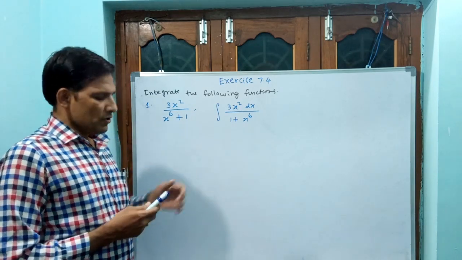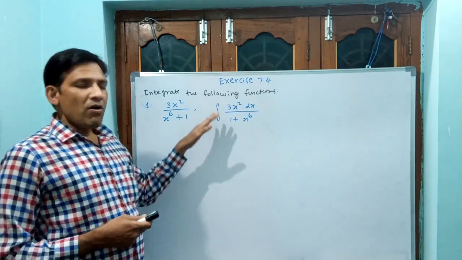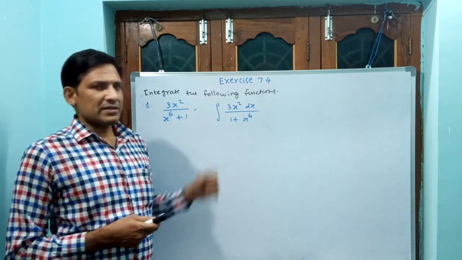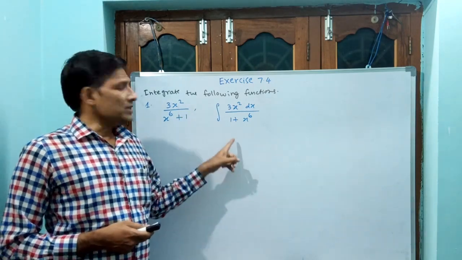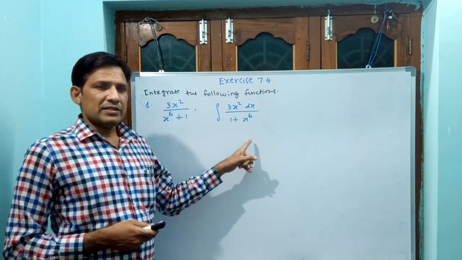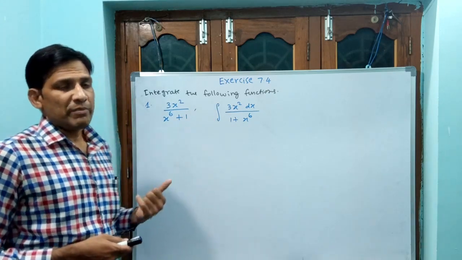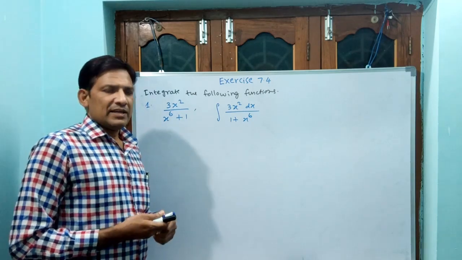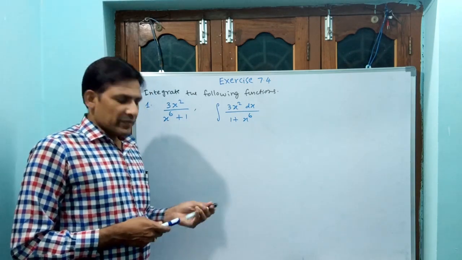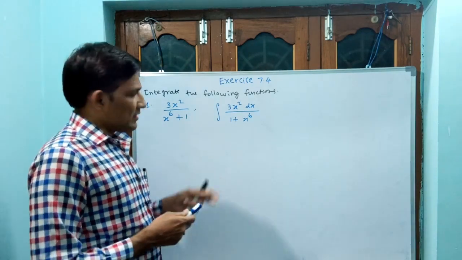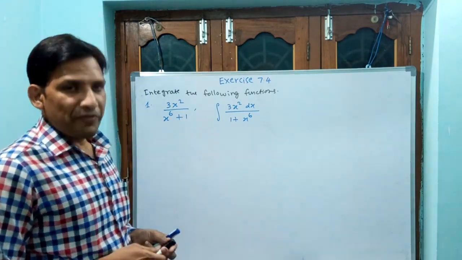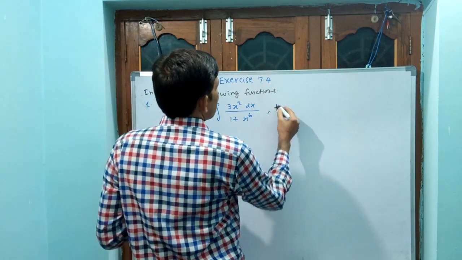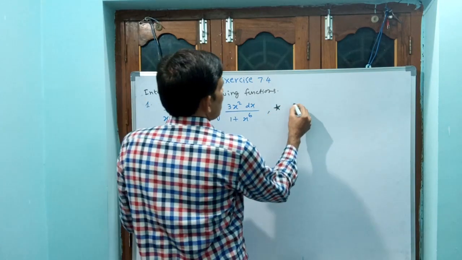Definitely. How? Imagine the denominators we have seen: a square plus x square, or a square minus x square, or x square minus a square. You think a square is 1 and x to the power of 6 is x square, but how can you think x square is x to the power of 6? You cannot. Then you can think in a different way, because I am rewriting the formula in terms of t. See how I am rewriting it.